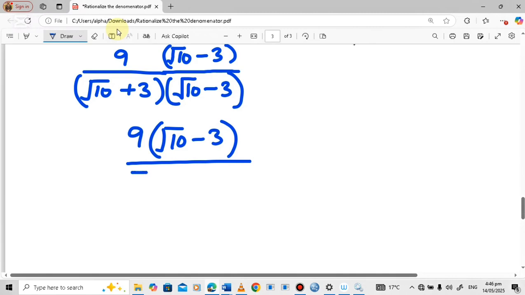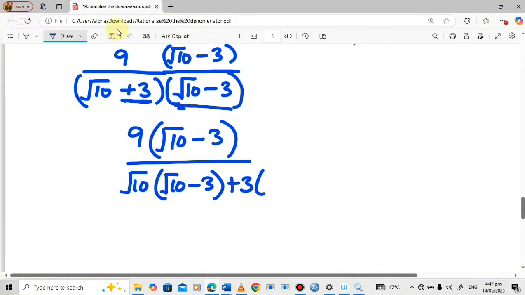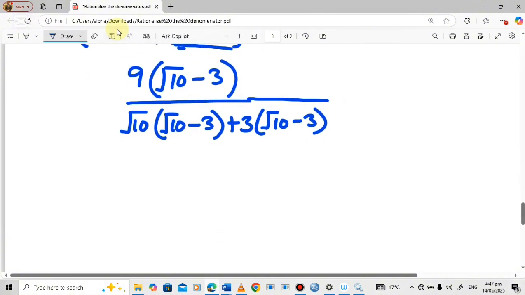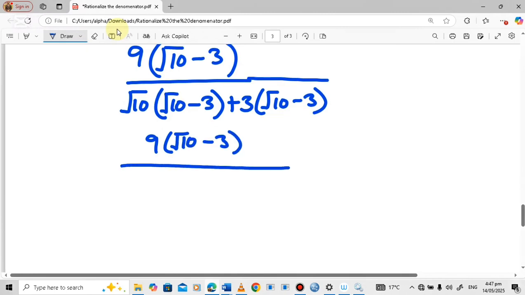So we're going to have the square root of 10 times everything here. Okay, so the square root of 10 minus 3. Then we come to this, we pick this as it is together with a sign. So we have plus 3, then everything in here. So the square root of 10 minus 3. Alright, so on the numerator we have 9, the square root of 10 minus 3 over,